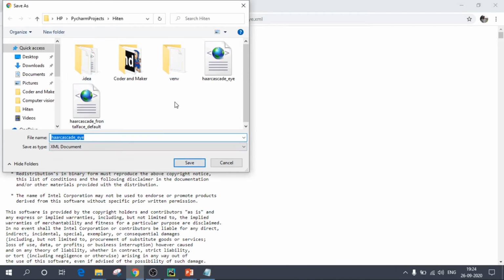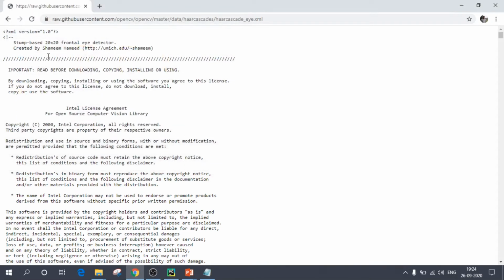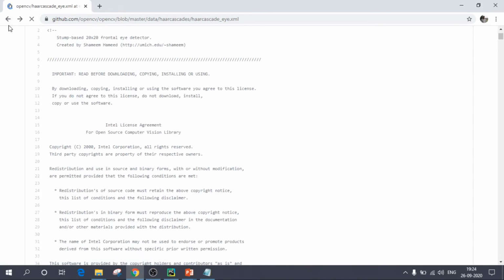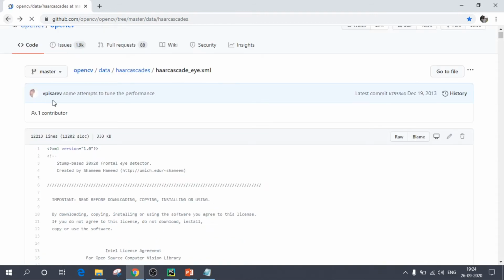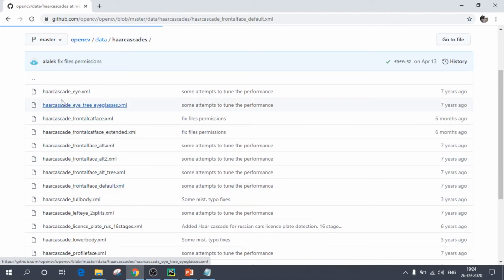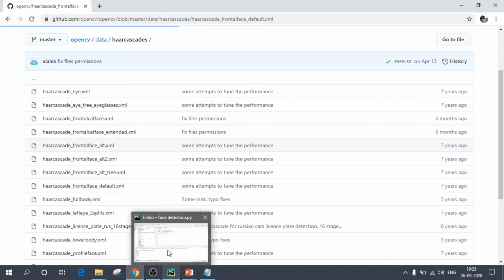Since I've already downloaded, you can see my haarcascade eye over here, and we will do the same for the face classifier. The face classifier name is haarcascade_frontalface_default.xml. So download these two xml files in the same location where your program and image are stored.